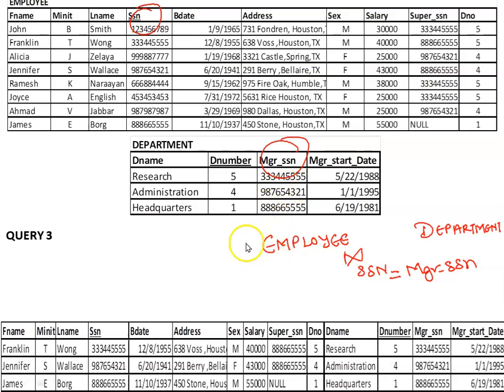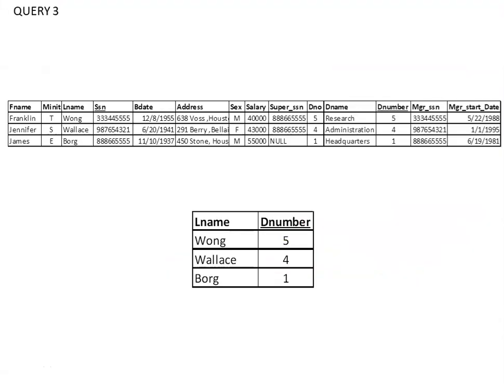Now what I'll do is pick up the required information from this particular table. The required information over here is, I'll pick up the L name and D number, because I want to find out the last name and the department number of those managers. Okay, so the query would be